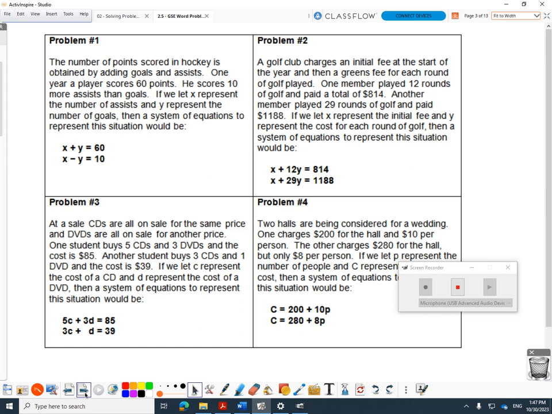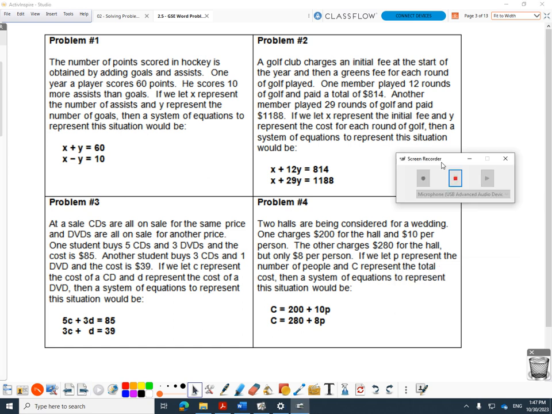And last one, 2 halls are being considered for a wedding. One charges $200 for the hall plus $10 per person. We made those equations last chapter. Those situations, we did pretty well on the test on these, making up an equation. And then the other charges $280 plus $8 per person. Now, after all that,